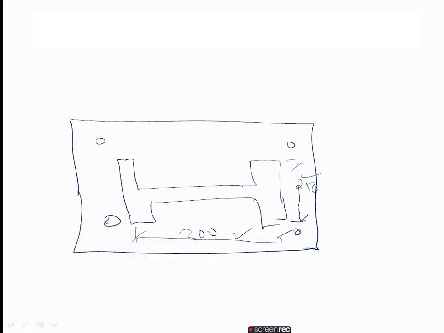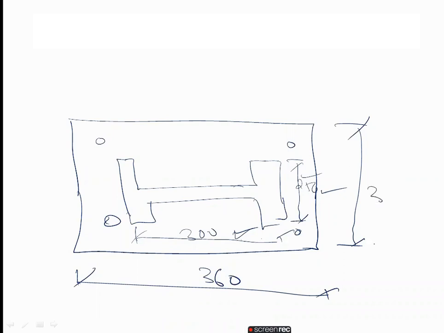If you observe here, it is 300 as well as 250. So whatever we are taking, this should be more. That's why it is 360, then 310. If the column is more than this, it's very difficult to construct this type of section. That's why, as per the ISHB section given 300 and 250, more than that we have to design 360 and 350.